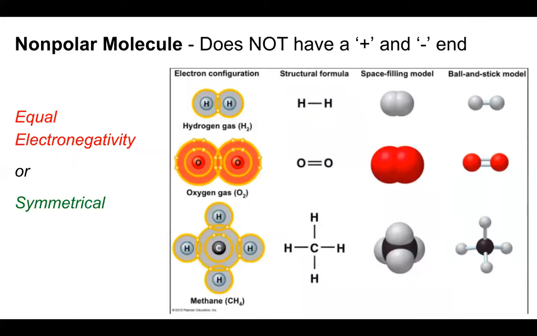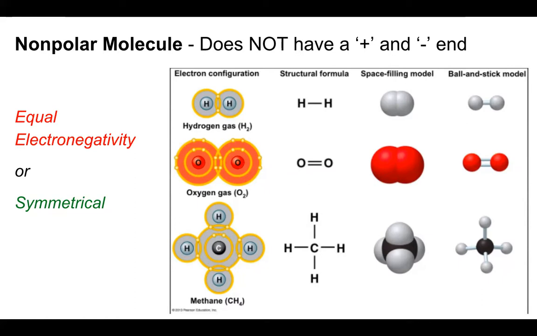Now, sometimes molecules are not having this discrepancy in pull on the electrons. They might have either equal electronegativity, or you also heard him talk about some symmetry. If you look at these diagrams here, hydrogen gas, for instance, you got two hydrogen atoms. They're both going to have an equal pull on the electrons that they're sharing. The oxygen gas, same thing. Bigger molecule, bigger atoms, more pull, but they both are still going to be equal. Okay, and you have this equal and opposite pull for those electrons,